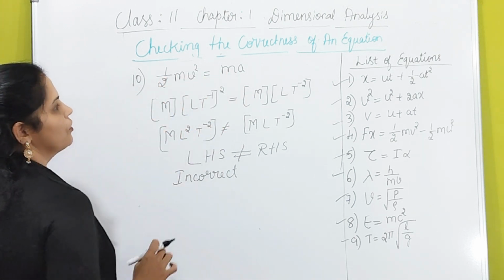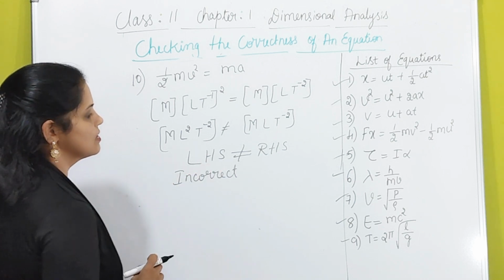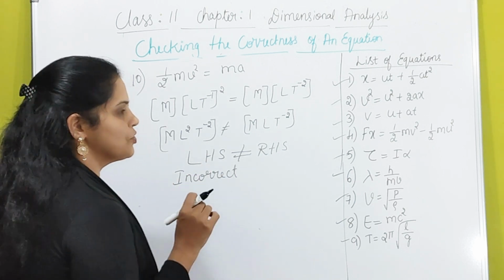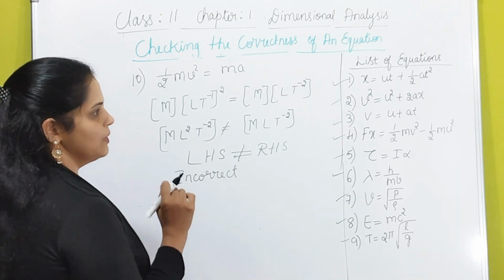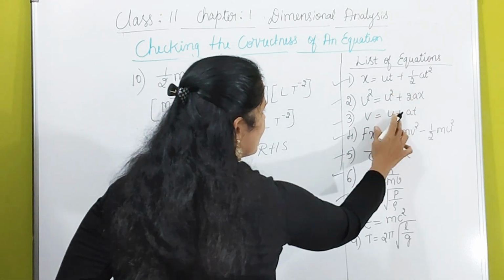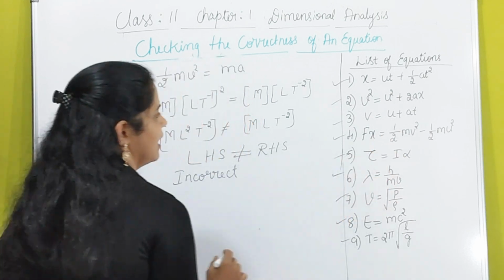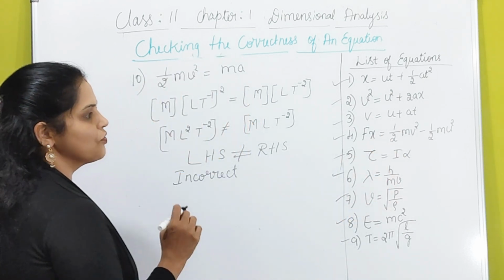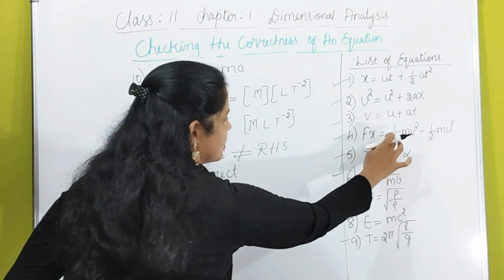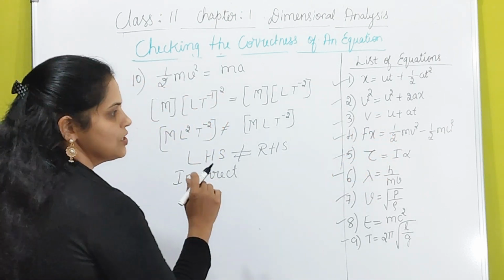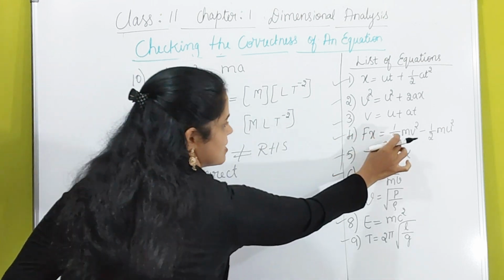Force is not equal to energy. Therefore, this equation is dimensionally incorrect. And there is one drawback of dimension. What is the limitation of dimension? If there is a half or 2 or any constant number, dimensional analysis fails to find this number. There is no dimension for the constant, and hence dimension fails to analyze this term.